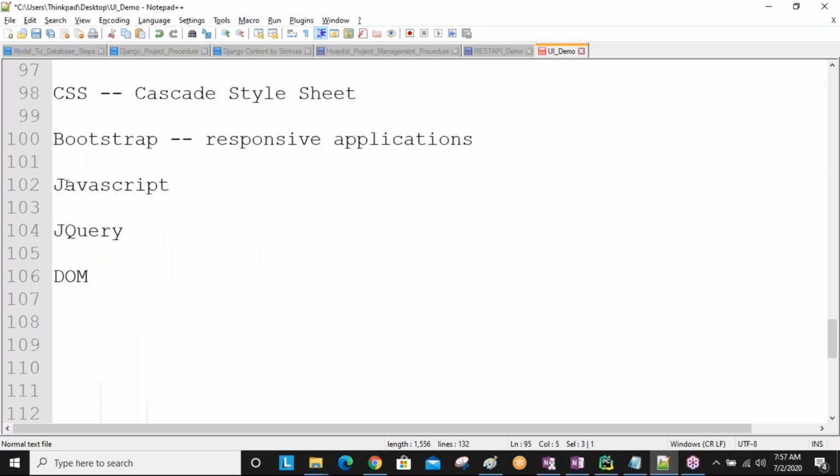Okay, but JavaScript is for displaying the dynamic response. Dynamic response means today I'm displaying one output, tomorrow that output is changing.